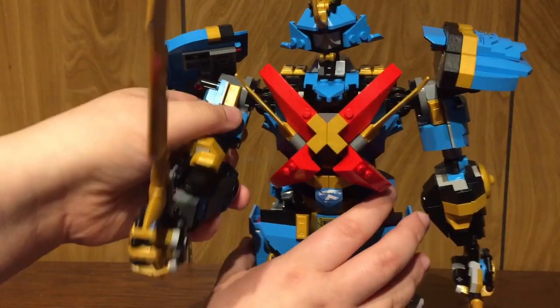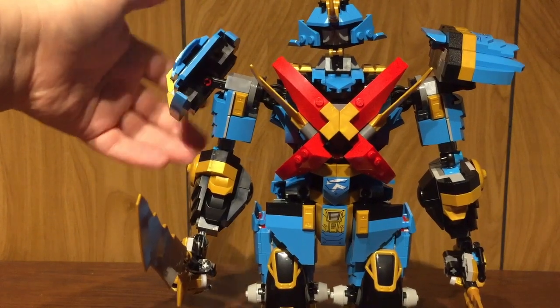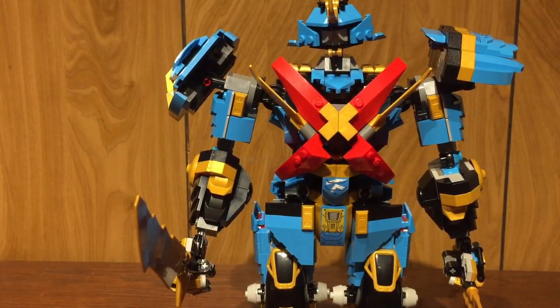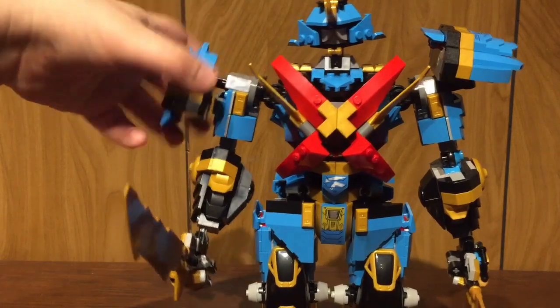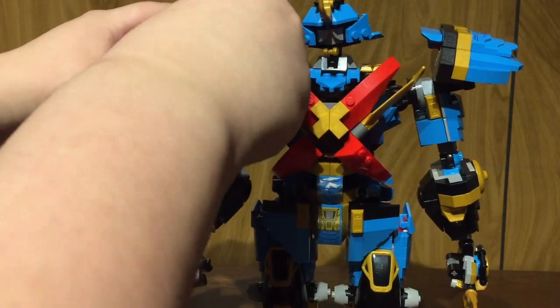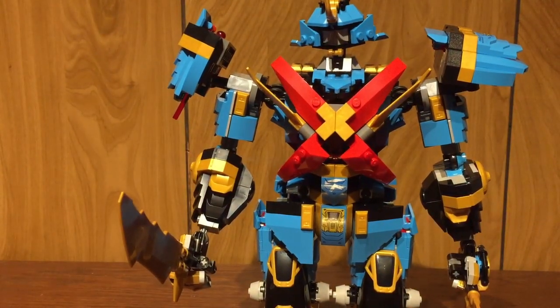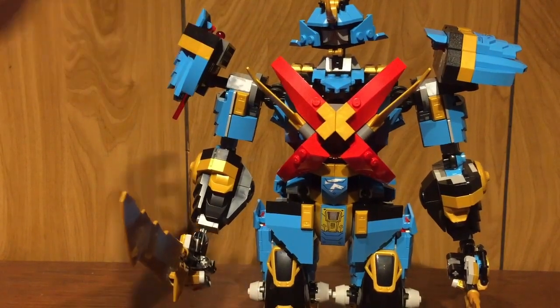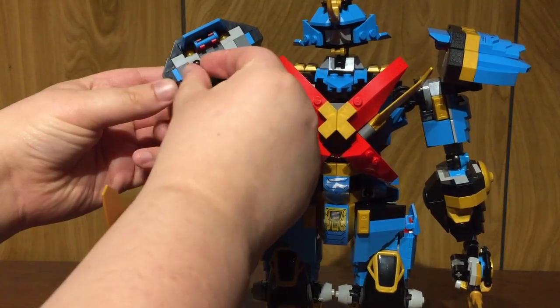But anyway, moving on to the shoulders, there is some posability with it because it's meant to have a spring-loaded shooter. Now, if you don't know how spring-loaded shooters work, the idea is you take one of these and you insert it into, I forget which side, honestly. I am assuming this side right here. It works either way. You load it in, and that's kind of how the one shoulder looks, which, when you're trying to position this, makes it so you can easily fire it off. But case in point, you push down on it, and the idea is